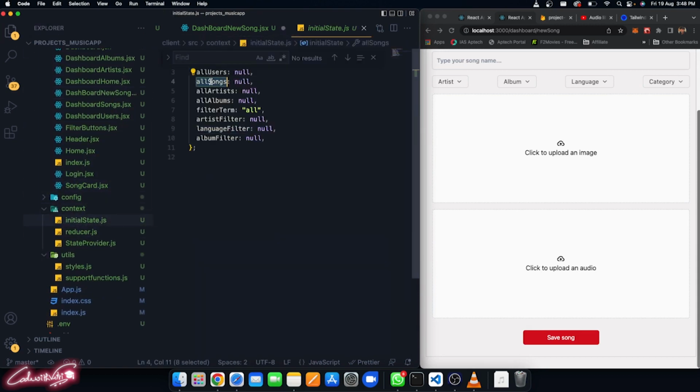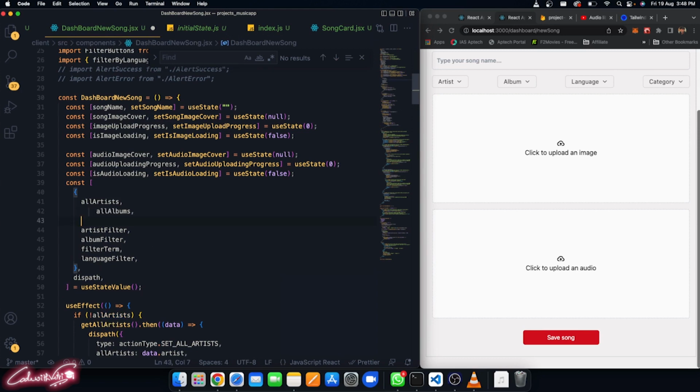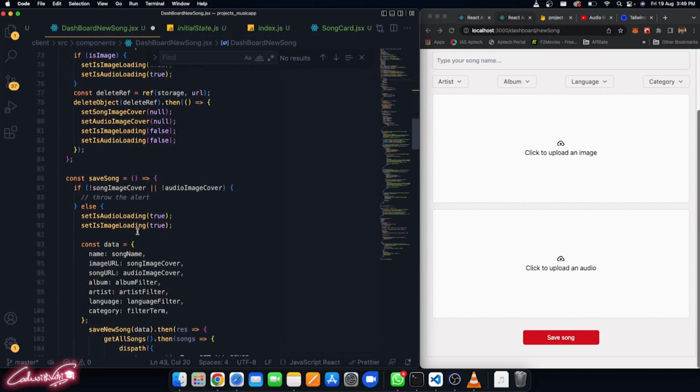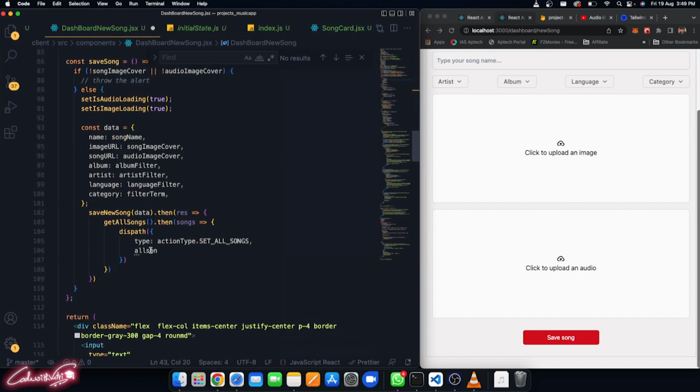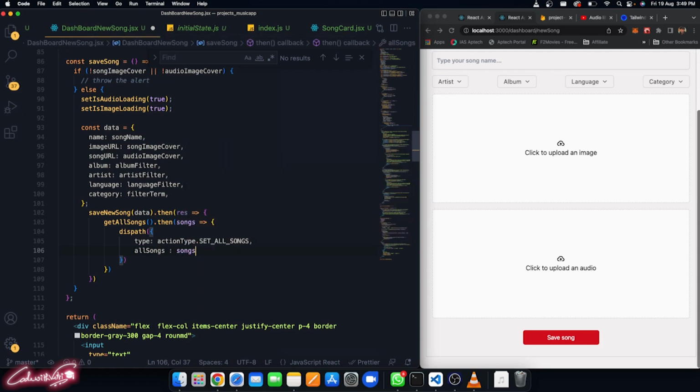Copy this all songs and go to your dashboard, new, all artists, all albums. We don't have the all songs. So now I have to use that all songs over here. All songs is going to be our songs, which we fetched from our databases. Songs dot,